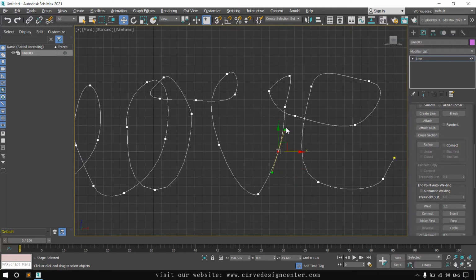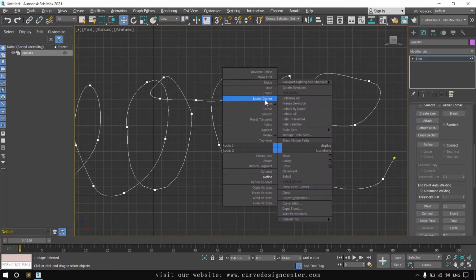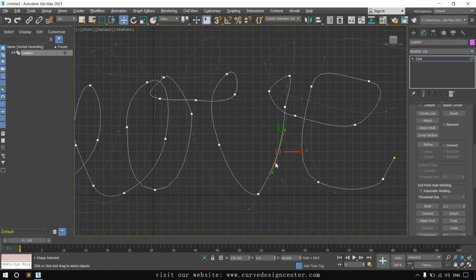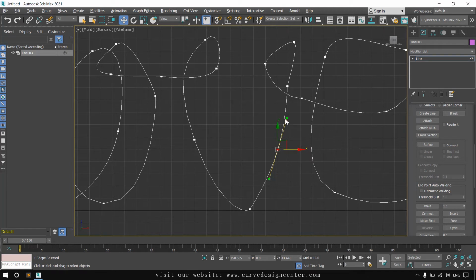In case these tangents are not visible on your vertices, right click and choose Bezier corner or Bezier. Currently I am using Bezier. I show the difference between Bezier and Bezier corner. In Bezier mode, two tangents are connected. If you select one and move it, the other side also moves in the opposite direction.